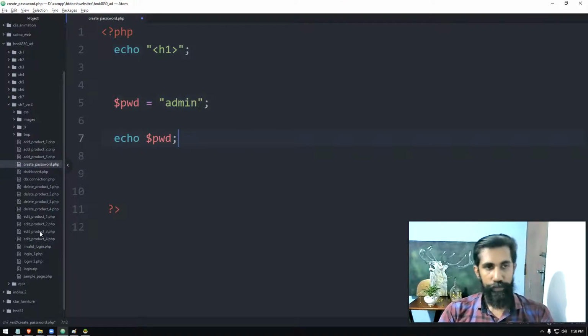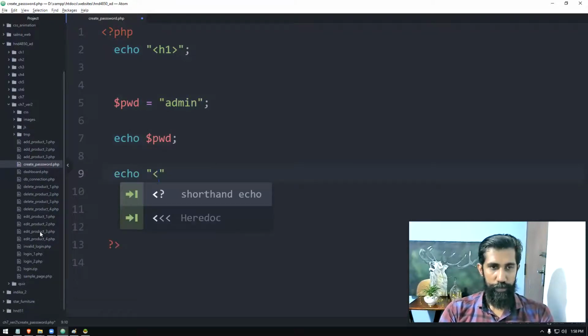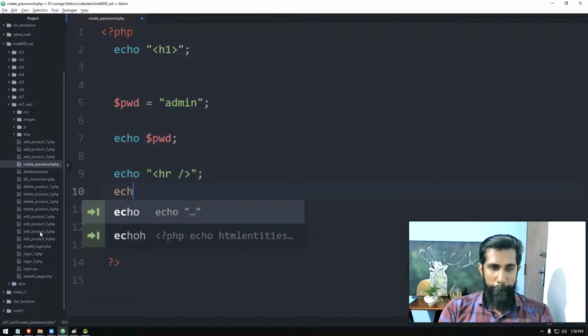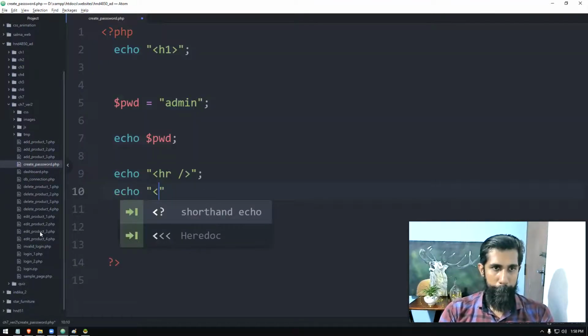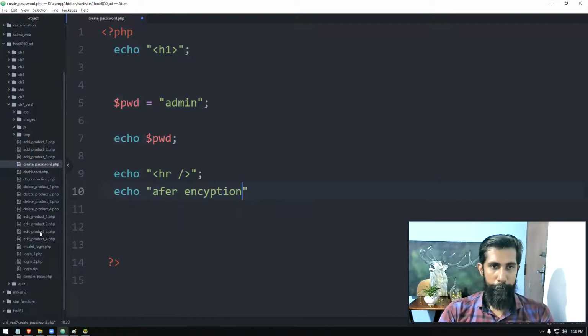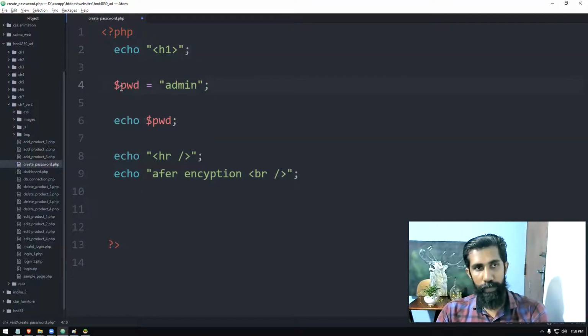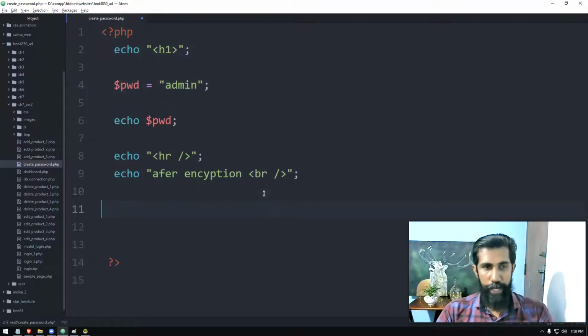So we need to do the encryption after this, right? Let's see how we can do that.